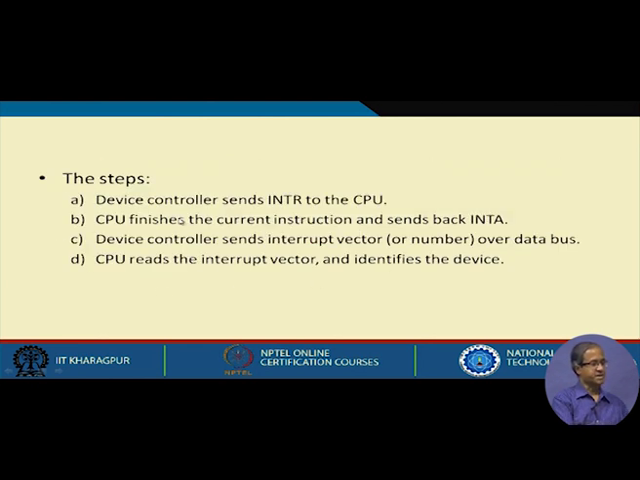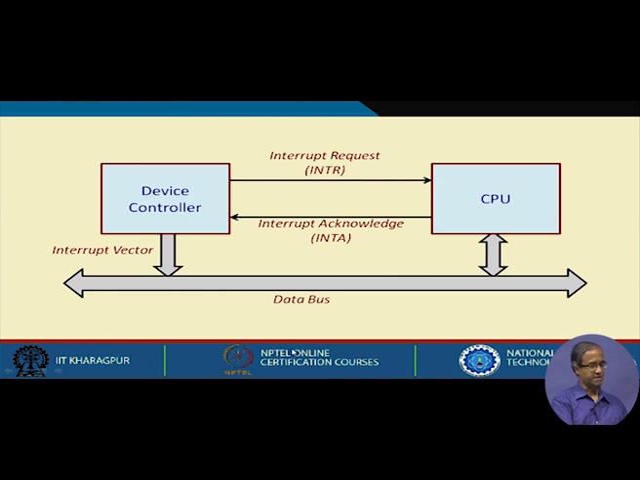So, the steps are as follows. As I said, device controller sends interrupt request to the CPU, CPU finishes the current instruction and sends back acknowledgement, device controller sends interrupt vector number on the data bus, CPU will read it and identify the device. This is exactly what I have said with respect to this diagram,